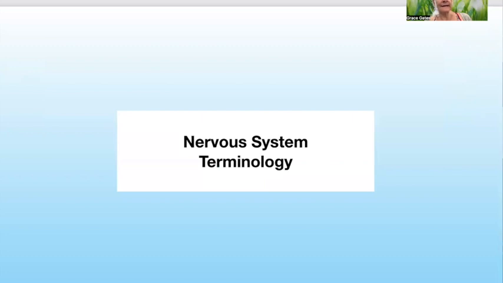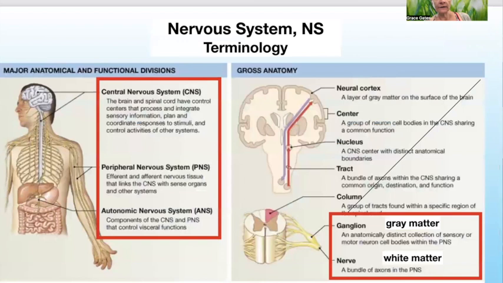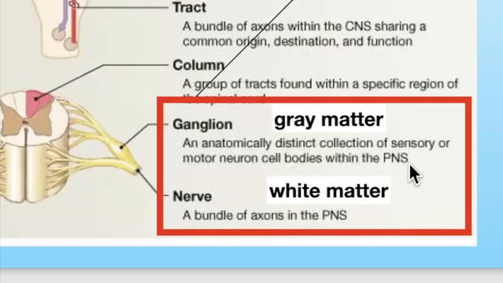Okay, and then lastly, I included 3 slides that have important terminology, and you can go through these. Major anatomical areas: the central nervous system, the spinal cord and the brain; the peripheral nervous system, all the other parts of the nervous system; the autonomic nervous system, just that visceral, involuntary part of the nervous system. They don't have the somatic nervous system written on this list, but that would be the kind of buddy of the autonomic nervous system. All right, then ganglia, which are little clumps of cell bodies within the peripheral nervous system, and they appear gray because they are cell bodies.